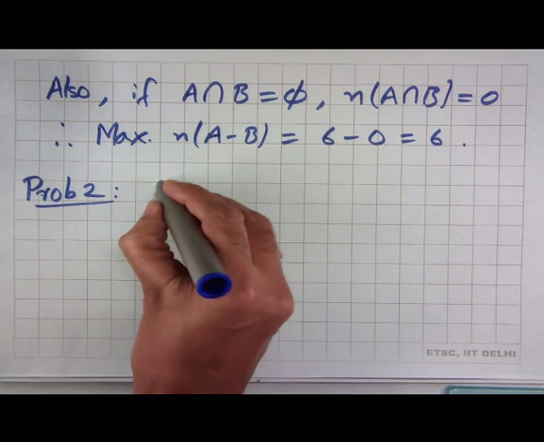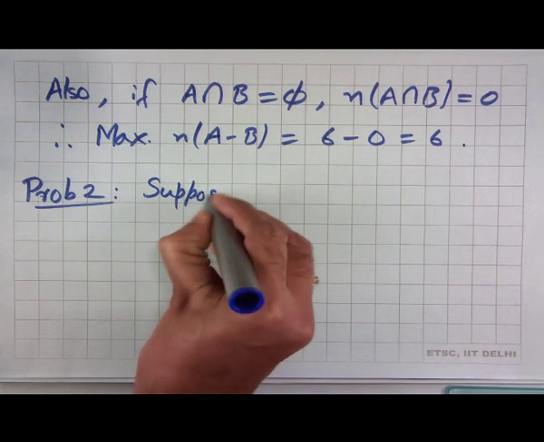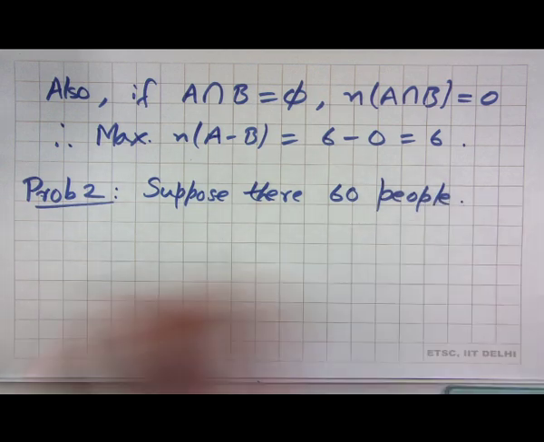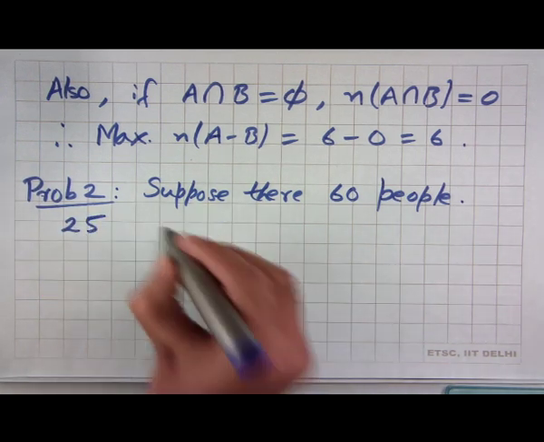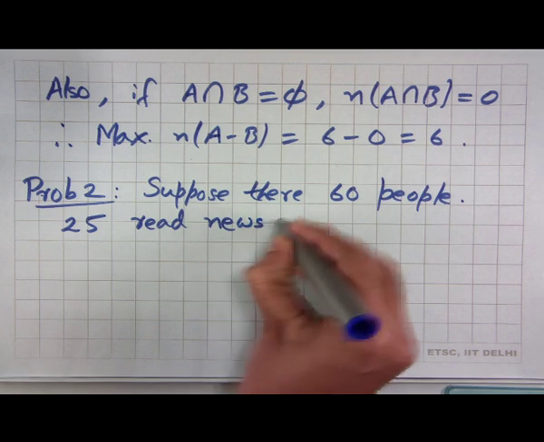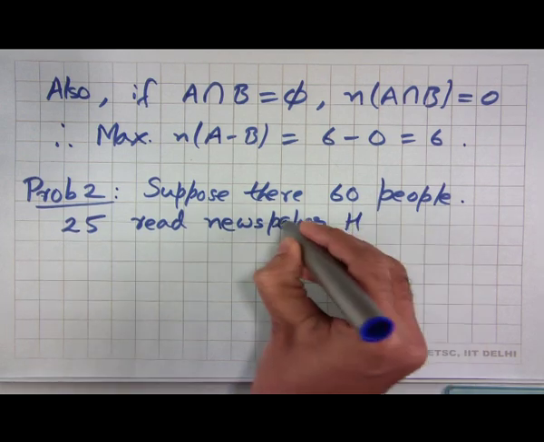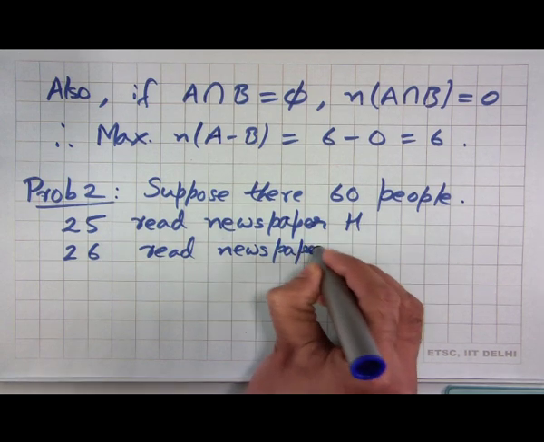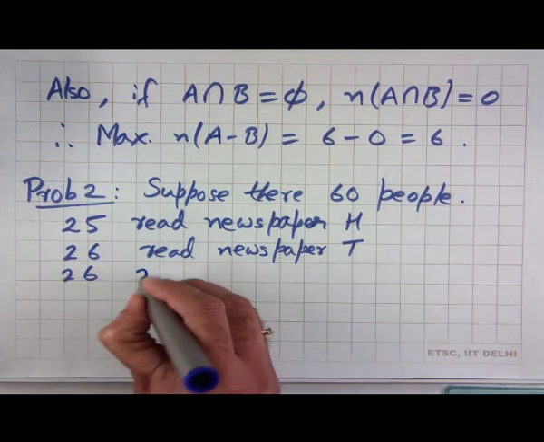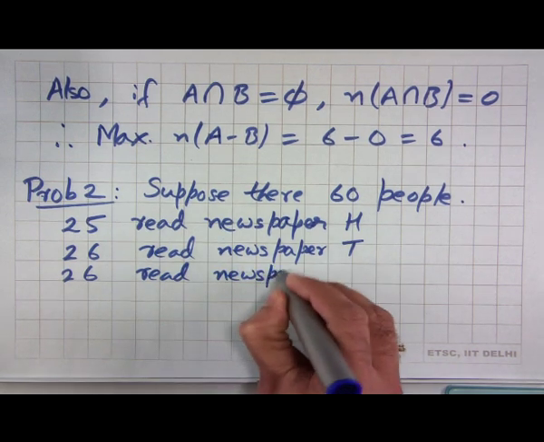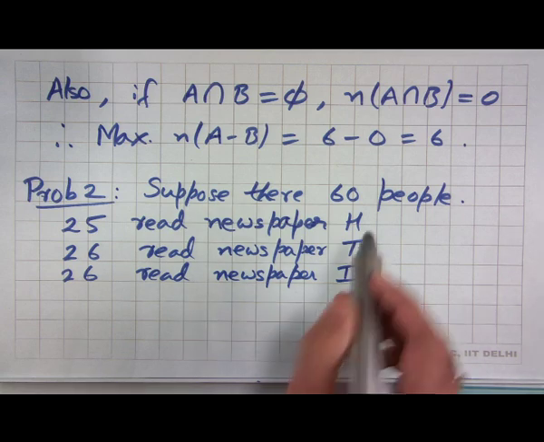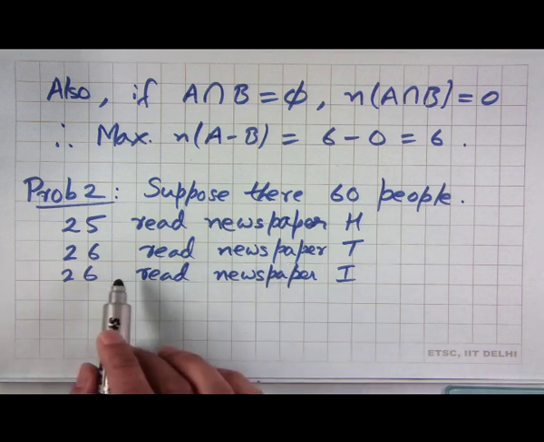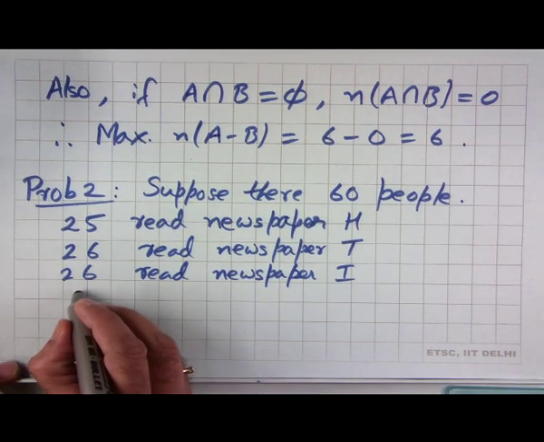So, suppose there are 60 people, out of these 25 read newspaper H, 26 read newspaper T, and another 26 read newspaper I. So, we have 3 newspapers H, T and I, say Hindustan Times, Times of India and Indian Express, and we know that 25 people read the H, 26 read T, 26 read I,